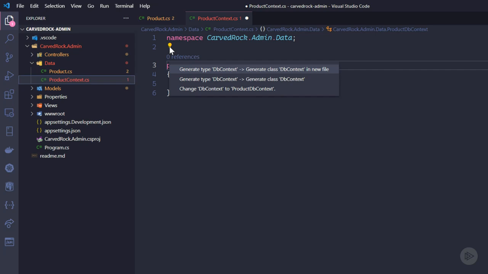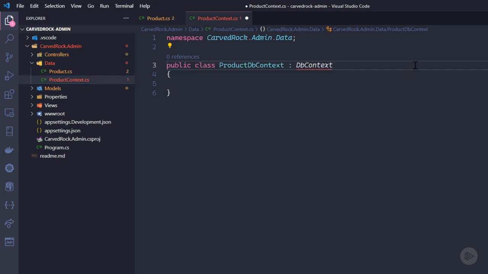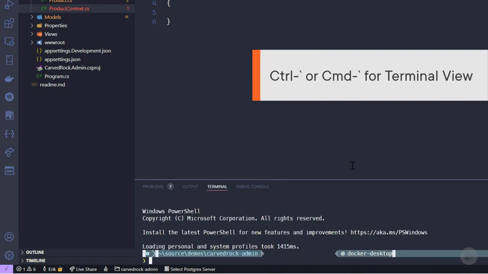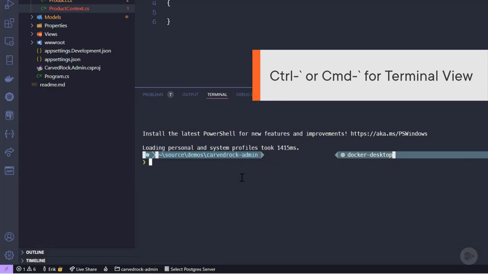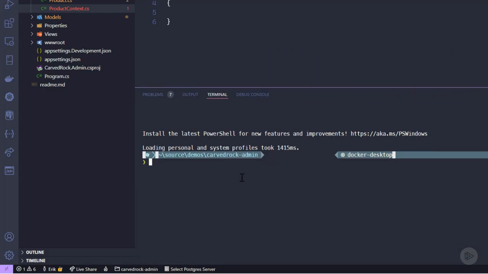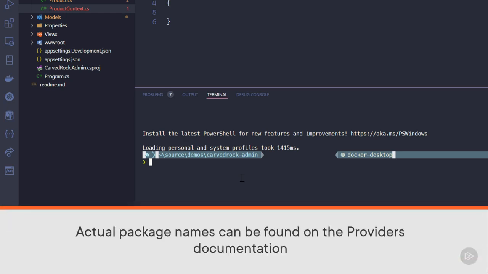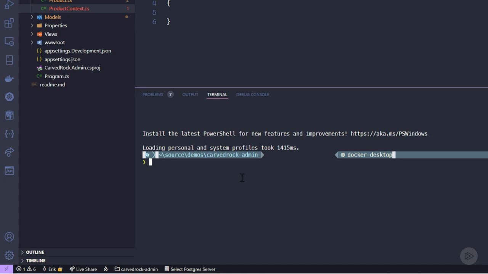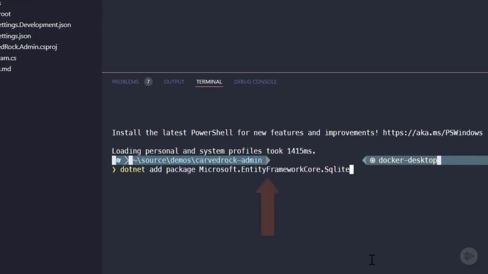That's because EF Core is contained in a NuGet package that wasn't included by default in our project. Control backtick brings up a terminal window in VS Code where we can add the EF Core package. Since we'll be using the SQLite provider, I can simply take the dependency on that package, which will include the lower level EF Core packages we need too. To take a dependency on a NuGet package, you can use the .NET add package command from the CLI. I'll paste in the command, and the package that we want is